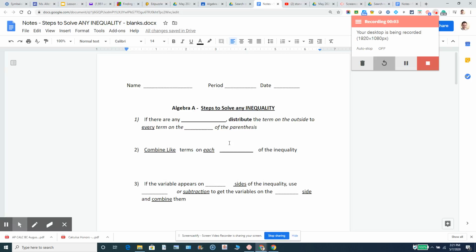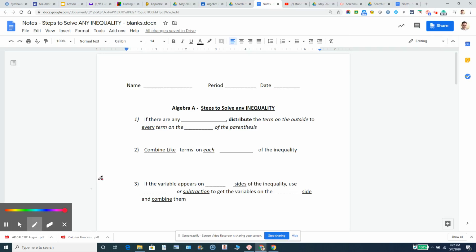Hello, everybody. Today we're going to talk about the steps to solve any inequality. All right, so you have a copy of this sheet. What you want to do is print it out and fill it in on your own, or you could write these down on a separate sheet of paper. But I provided you a copy of this sheet I'm filling out so that you can use it to help you learn most effectively. So the first step to solve any inequality is if there are any parentheses,